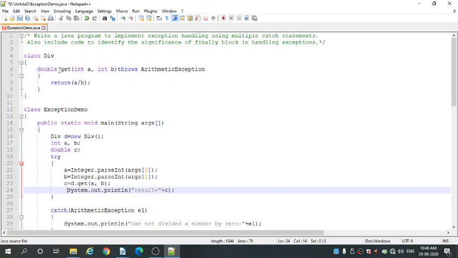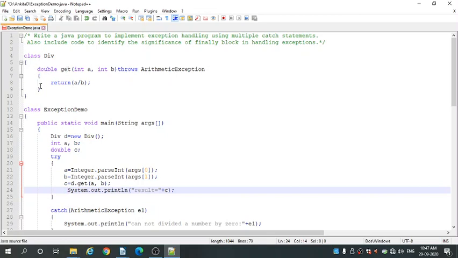So this is the data type for this method. And get is a method name. When a class contains a double field and we want to get the value of that field, then we can use this method to return the value of the field. Okay, so get is a method name, and double is the data type for this get method.